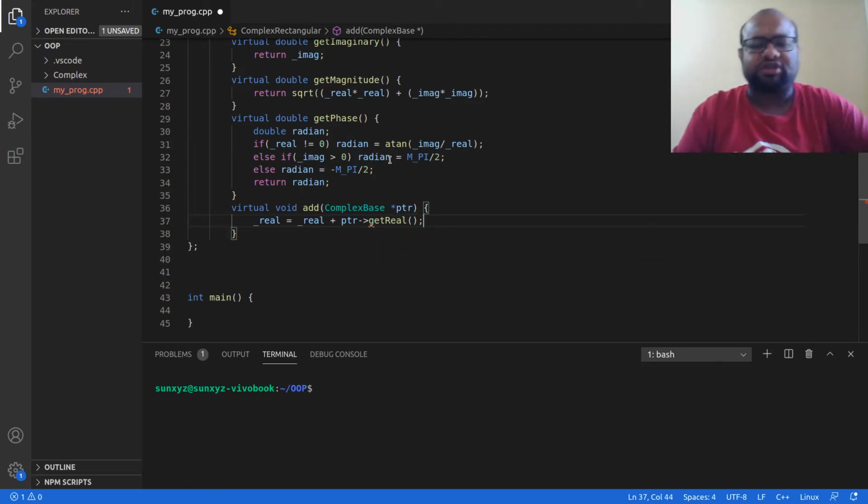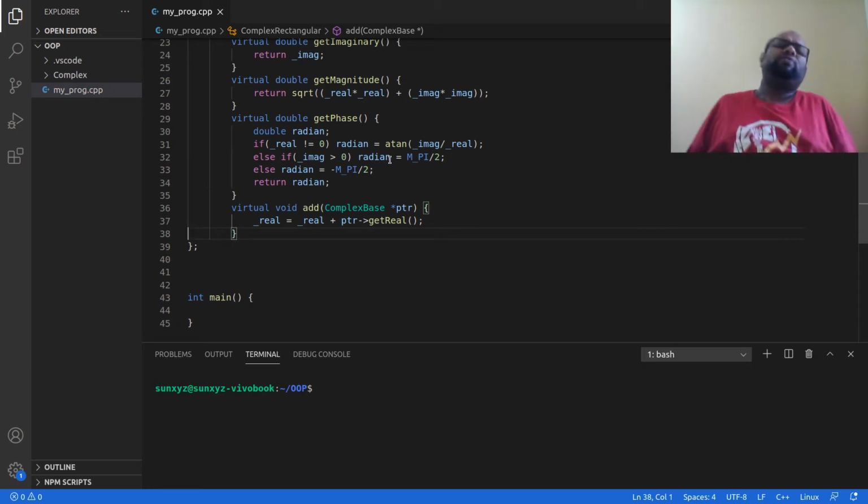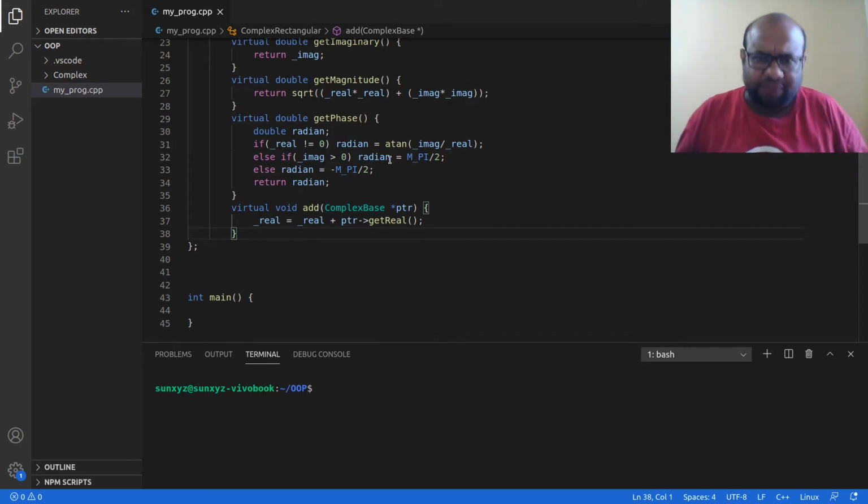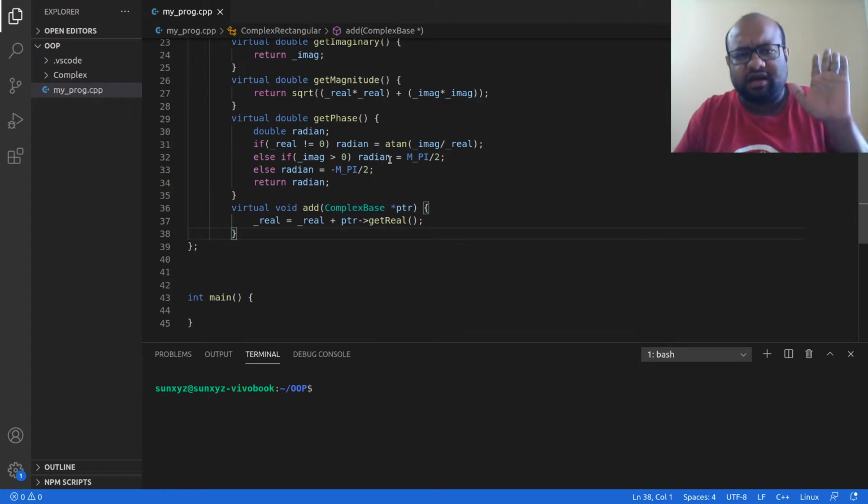And I can use this. This is known to the parent class, right? So ultimately, this is going to be this complex base pointer. Complex base is an abstract class, so I cannot have an object of an abstract class. So this pointer is going to point to either a complex rectangular object or a complex polar object. Whatever I have, these two classes are going to have an implementation of this getReal function.